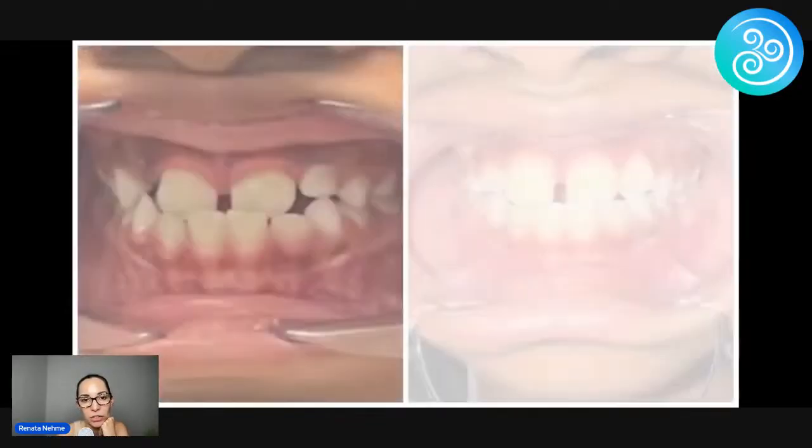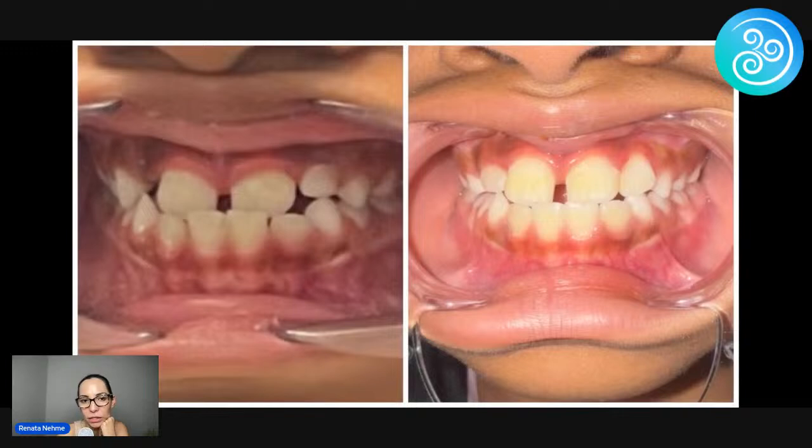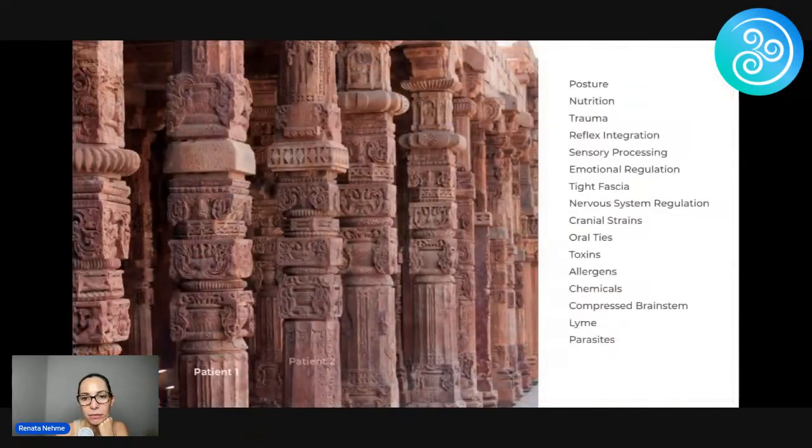But this is myofunctional therapy. What else do we do here? She had adenoids out, lip tie and tongue tie released, and we're starting palatal expansion now. Every patient is different. There are so many things that you are going to learn in this course to be able to look at, but mainly how to do a really good evaluation in a patient, and then how to treat somebody for a tongue tie release.